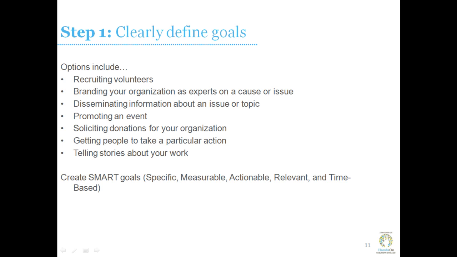So the first step in this process is to clearly define your goals. What goals do you want to accomplish as an organization? You can start by throwing out a lot of ideas and then cutting them down to your 3 or 4 most important. Some options include recruiting volunteers, branding your organization as experts on a cause or issue, disseminating information about an issue or topic, promoting an event, soliciting donations for your organization, getting people to take action, or telling stories